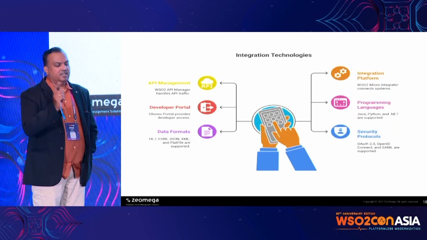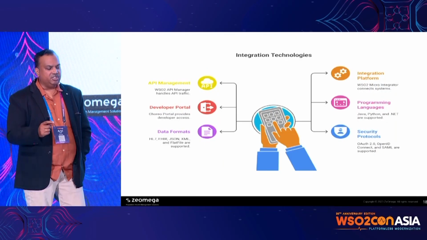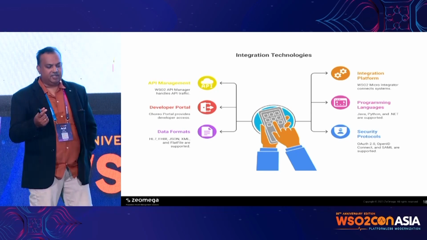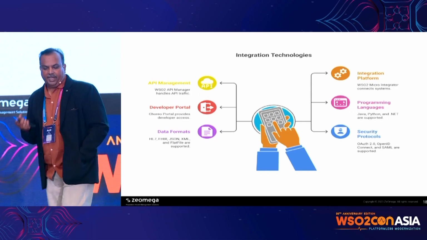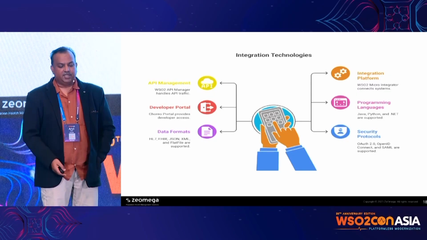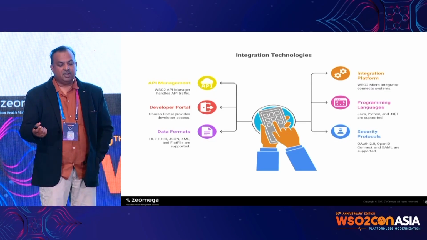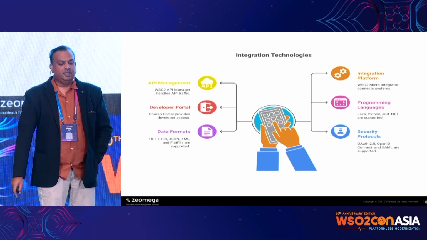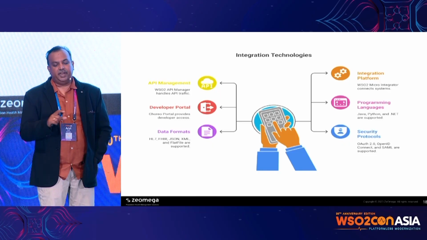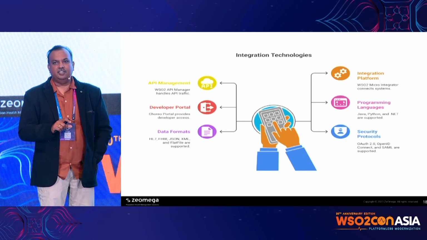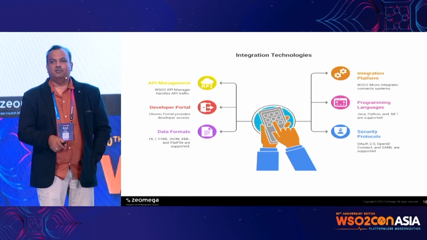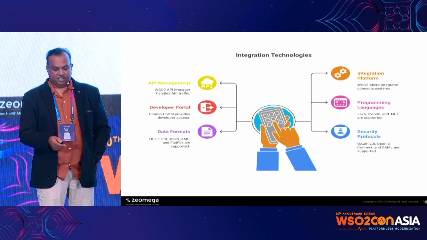And this is the complete technology we use at Z-Omega. Mainly, we have multiple integrated platforms, right? As I explained, we use Java, Python is our open source, all our front-end applications with SOAP as a web server, and we also use .NET, right? So this is the complete set of integration technologies, and what I'm trying to share is our experience of how, with these different technologies, we are trying to integrate WSO2 seamlessly with our platform. That's what I just want to share.